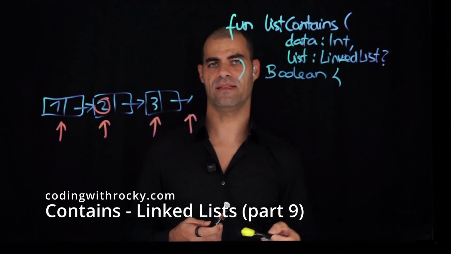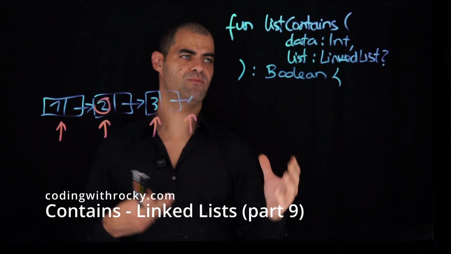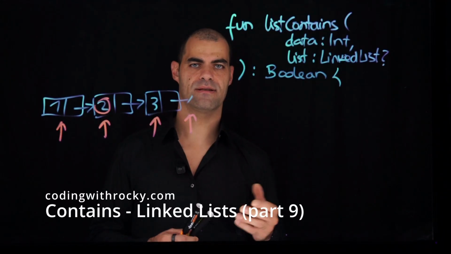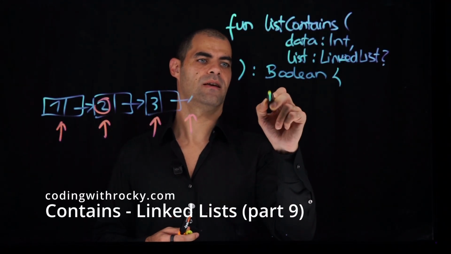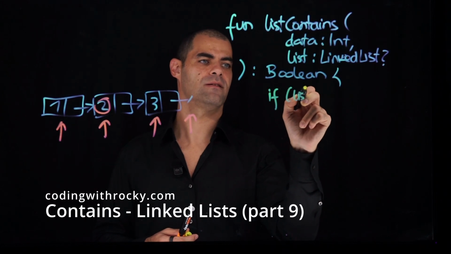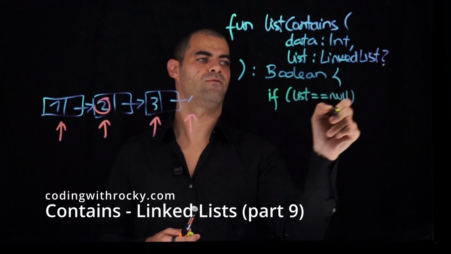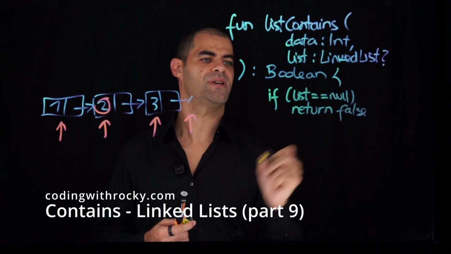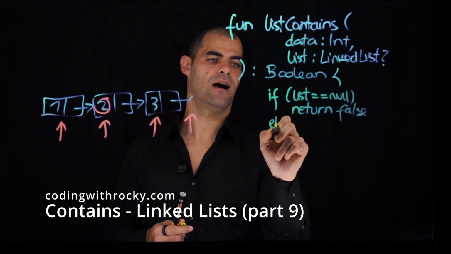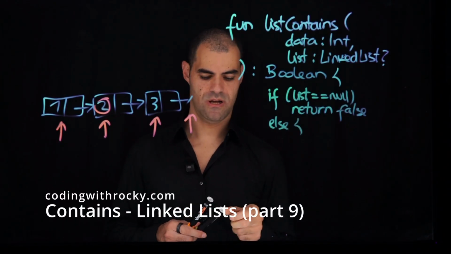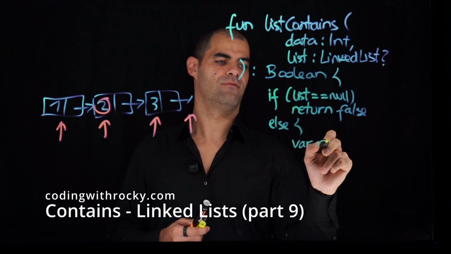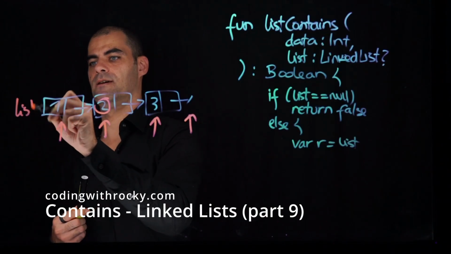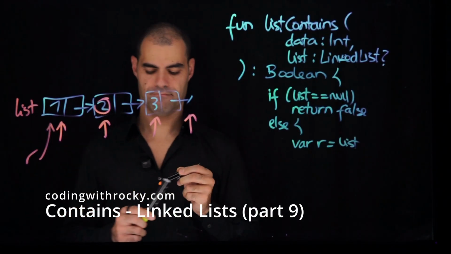So we have done already a few problems with this, so I hope that you can solve this by yourself, and please try it and look at the solution after you try it. As usual, if the list is empty, for sure the item is not there. So here we can confidently return false, because there's no way that the item is there. Otherwise, we do the usual that we always do. Var r equals list, which, if this is our list, our r points here,